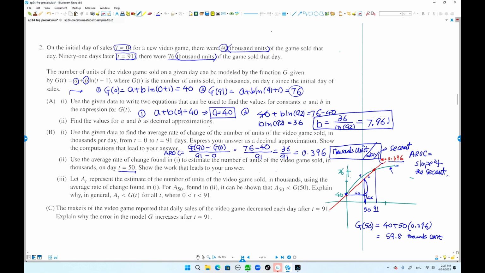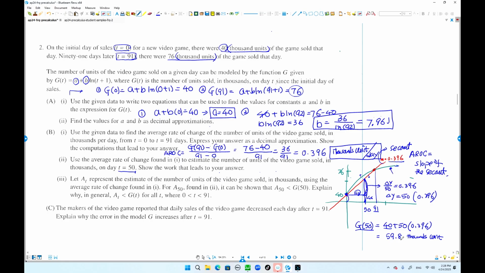So what is that? From 40 plus, what is the length of this one? This one equals what? Change in y over change in x is 50, right? That's the slope, 0.396. So change in y equals 50 times 0.396. Okay? All right, so how can you find this one? I'm sorry, multiplication, okay? So from here, T50 looks like this one. Can you see that? T50 equals from 40, and we're going to add this one, right? 50 times